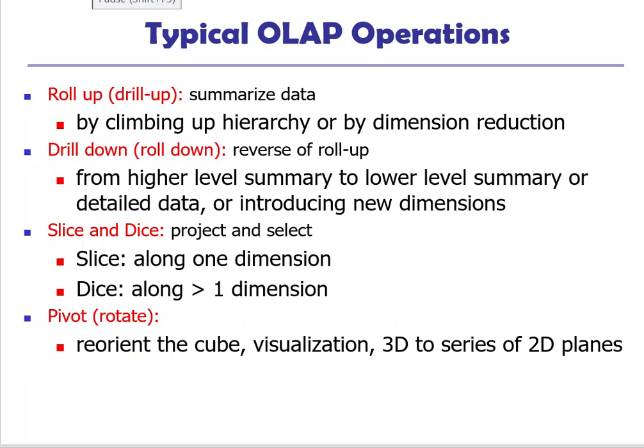So having discussed that the data in data warehouse is represented using a multidimensional data model, we can now revisit the OLAP operations. Earlier, we have talked about the roll up and drill down, and today we're going to talk about a few more typical OLAP operations. Roll up is done by climbing up the hierarchy, for example, from week to month, from month to quarter, or by removing